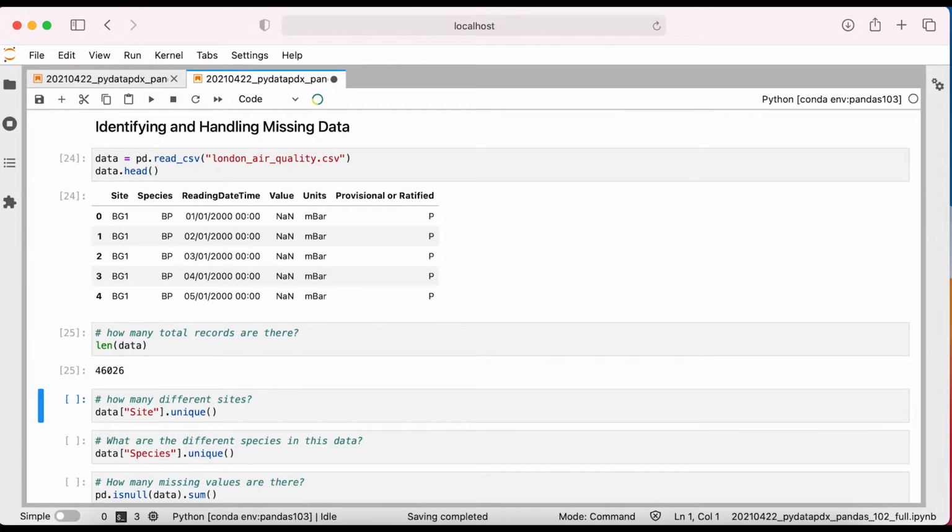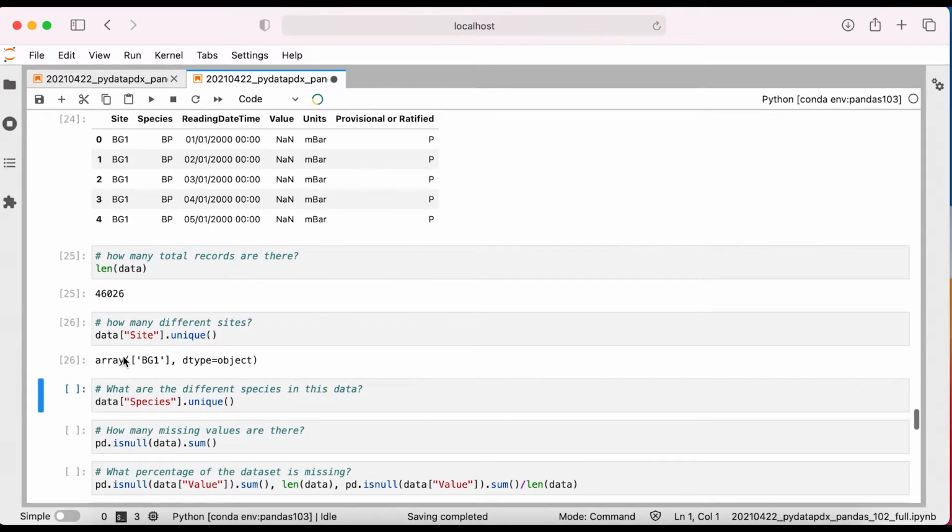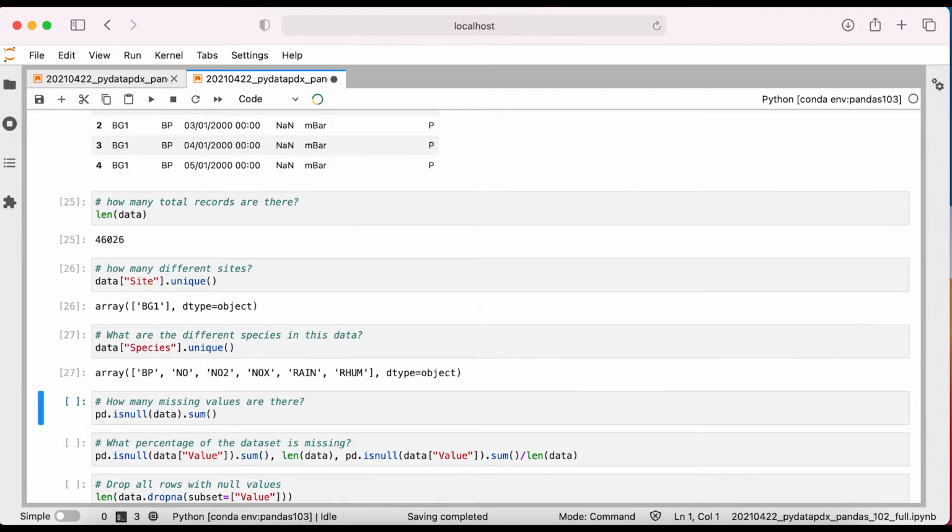There are 46,026 readings in this dataset from one site in London, identified as BG1, and measure levels for 6 species of pollutants: barometric pressure, nitric oxide, nitrogen dioxide, oxides of nitrogen, rainfall, and relative humidity. These are 6 species, the maximum allowed, that I selected when downloading this dataset.